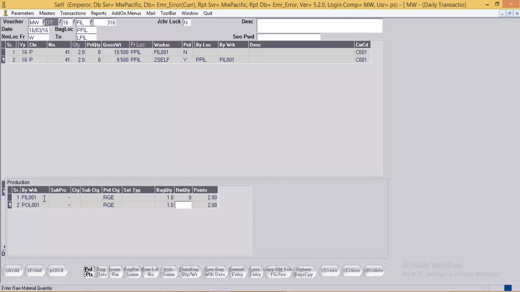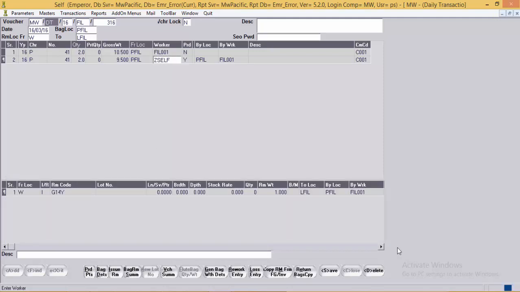So now the production points will be distributed among these two workers, that is FIL001 and POL001, each working on different pieces. That is, for quantity 1 he has got the points 2, and for another quantity the other worker has got the points 2.